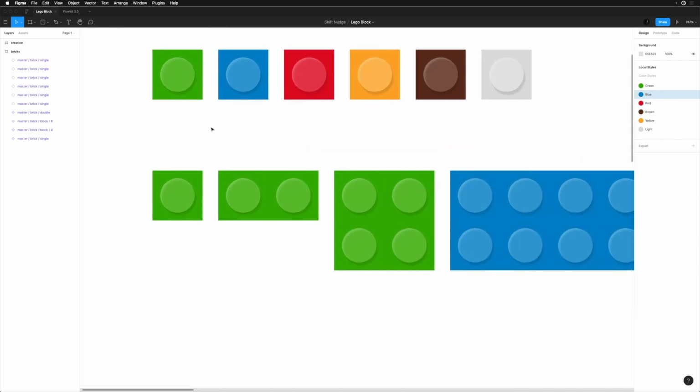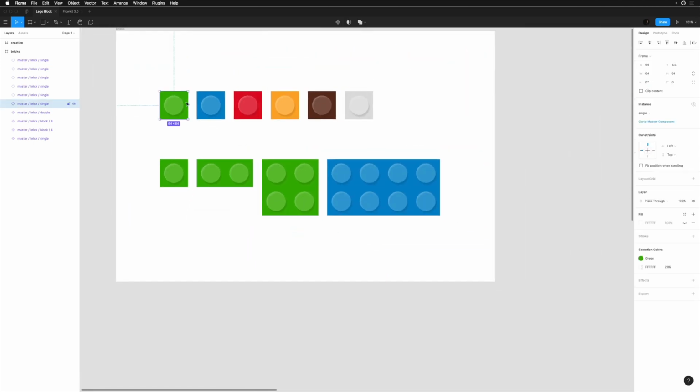So maybe in this example, I might want to say, okay, you know what? This one is a single brick. So, should I call this single brick? It's not a master component because this one's the master component. So maybe this one is just brick, single, and then this one's green. And so if I use that naming convention like this, and then I convert it to a master component,